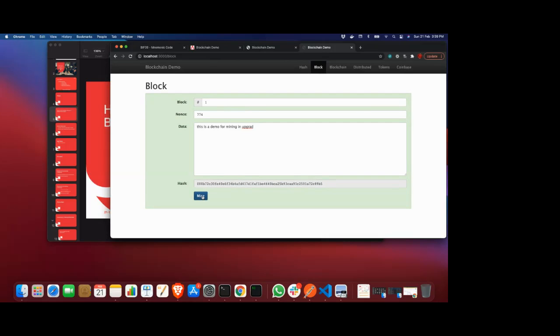Uh-oh, again. I think there was a problem. I might not have changed it. Just hold on. Let it reload. It will take time and it will reload. Okay, it reloaded, and I am pasting it again and waiting for it, because you have to wait a little longer this time, because now the difficulty has been increased. So you see the time which is required to actually mine this block